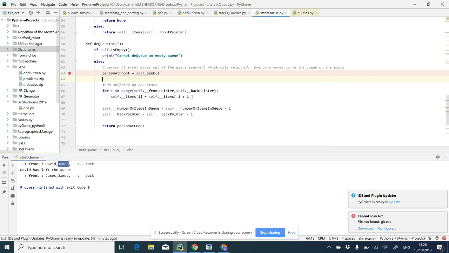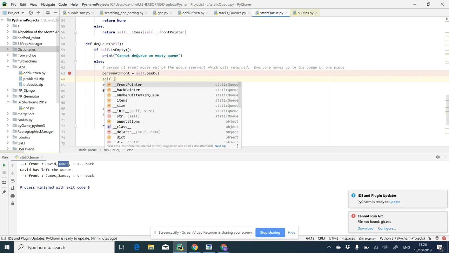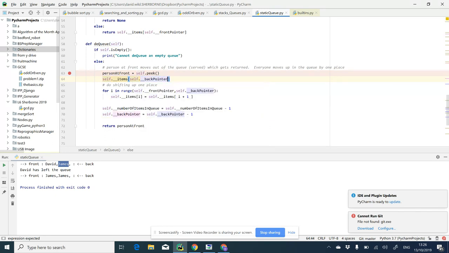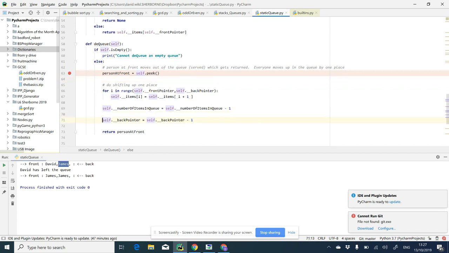So let's fix that. So self dot items, self dot back pointer is equal to none. Basically, this is the person in the back. I can't do that yet. That means this needs to happen later, just there before we reduce the back pointer. In other words, what I'm thinking of is